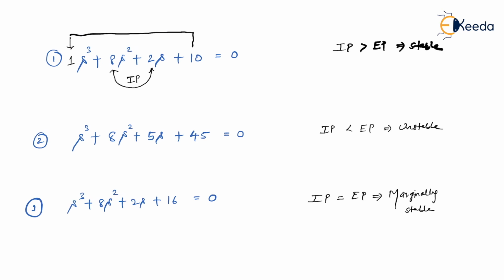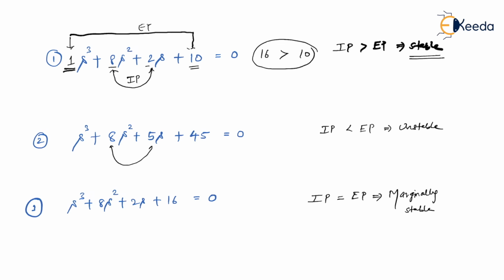So 1 into 10 becomes an external product. Look at this. 8 into 2 is what? It is 16. So this is the internal product. What is the external product? It is 1 multiplied by 10, so it becomes 10. Can't you see 16 is greater than 10? If 16 is greater than 10, definitely the system given is stable. You don't have to go through those traditional steps. It is going to save your time, as I said.